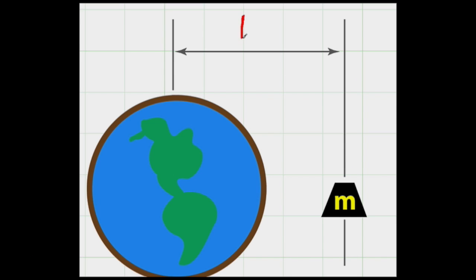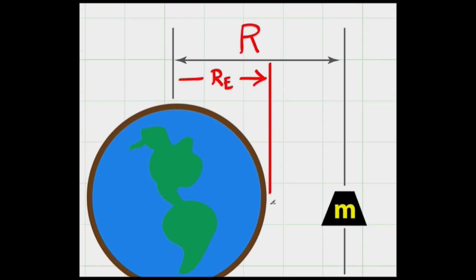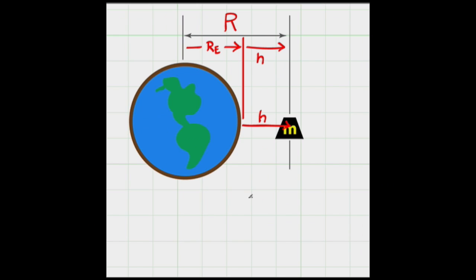Now, the distance that needs to go in Newton's law of universal gravitation is right here. And so that's equal to the radius of the Earth, this distance, plus the distance from the Earth's surface to the height at where the body is located. Let's call that height h. And the argument goes like this. The radius of the Earth plus h,